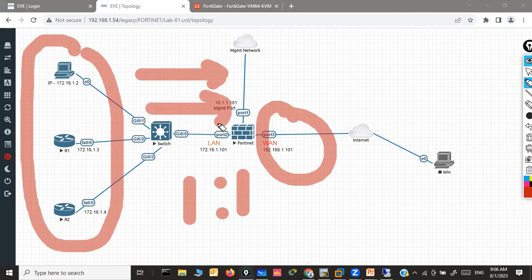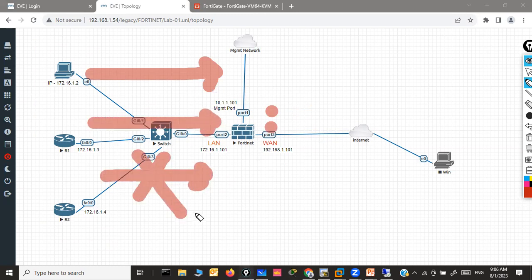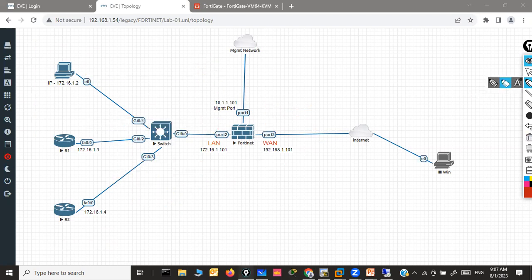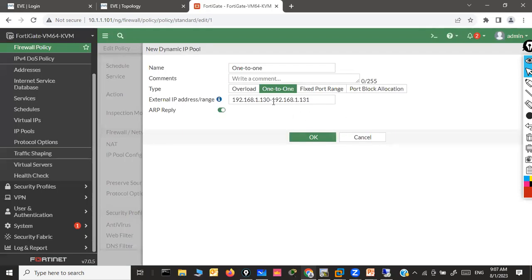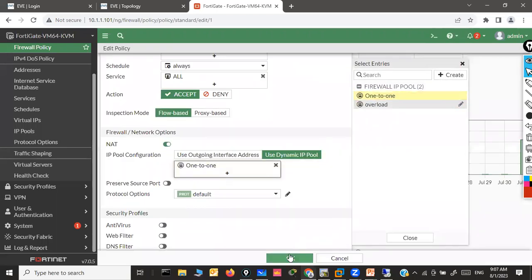Initial 2 connections will be allowed only. So if I have initiated a connection with this computer, one IP is used in the translation, this guy, then another one. What about the third connection? No, because there are only 2 external IPs, only 2 internal IPs would be allowed. One-to-one mapping. Port translation is not done, but it's static mapping, in fact, static mapping. So if we want to check this, 132, 131, 2 IPs, 30 and 31, hit OK, and 1-to-1, apply,